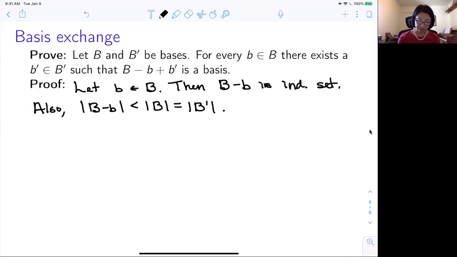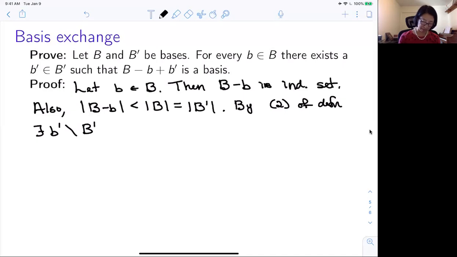So by, again, property 2 of the definition of a matroid, there exists a b prime that I can take to be in B prime,